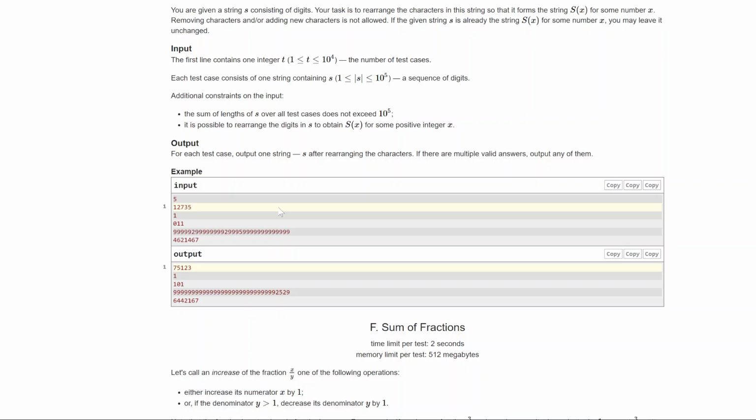Okay, so what is constant here? The count of the characters is constant. So using those counts, I have to build this string. Okay, so if I know the initial this,